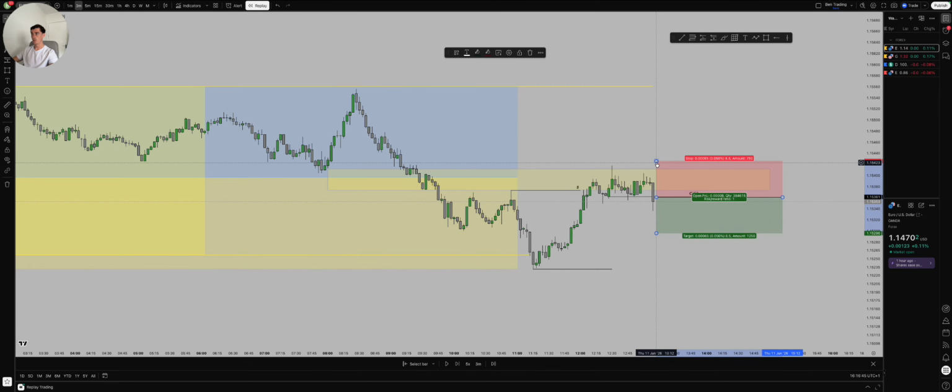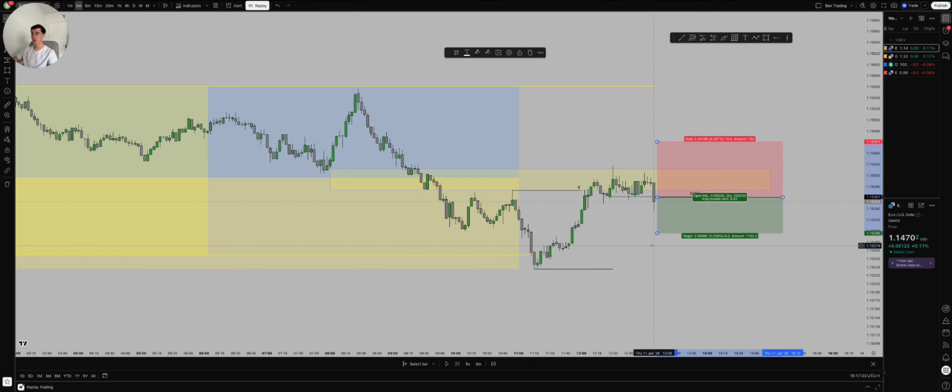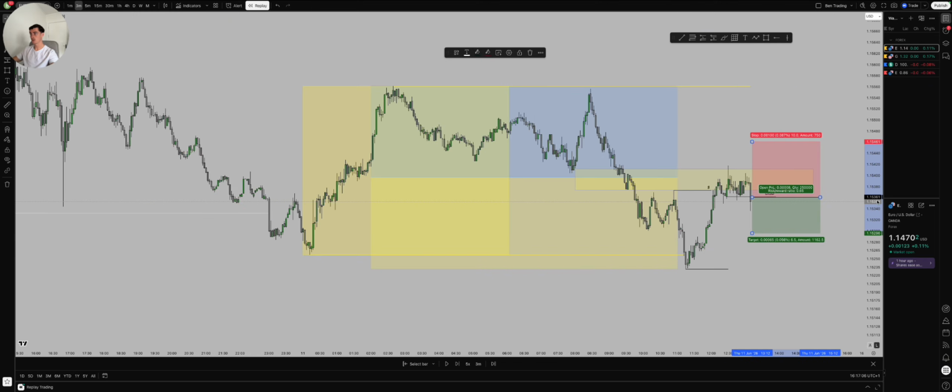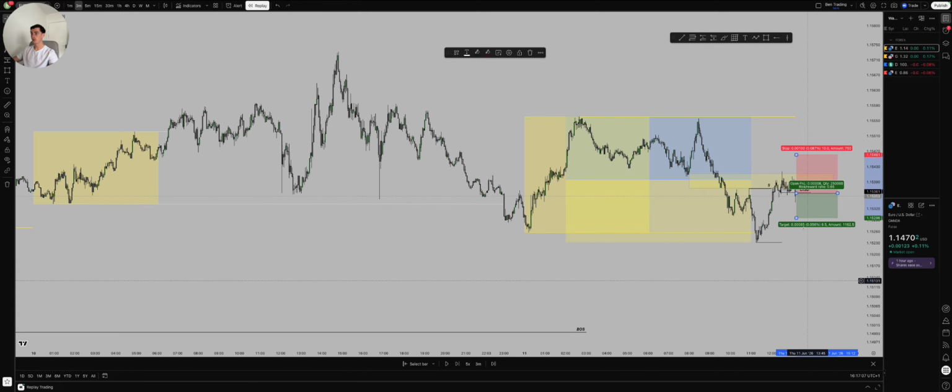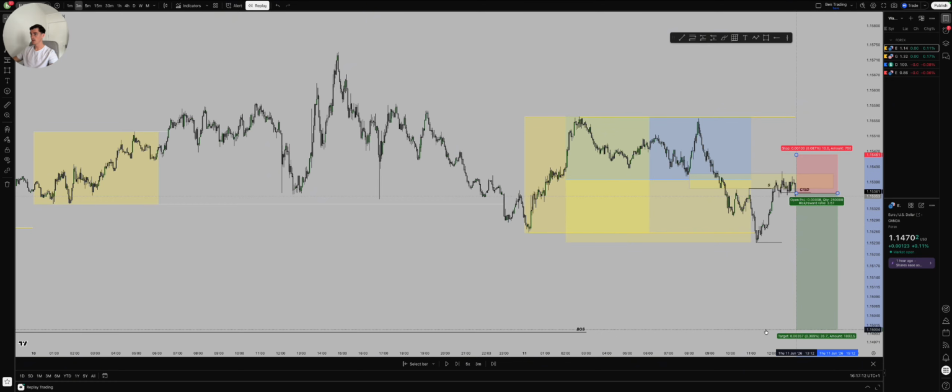Now a bit of discretion kicking in here. The stop for this is 5.8 with no breathing room. I am very confident on direction and draws on liquidity, etc., so I don't want to be caught up in inducement. So I give it a good bit of breathing room. I give it 10 pips. The reason I give it 10 pips is because if I want to target the overall breaker structure that makes sense for the weekly profile down here, it's still